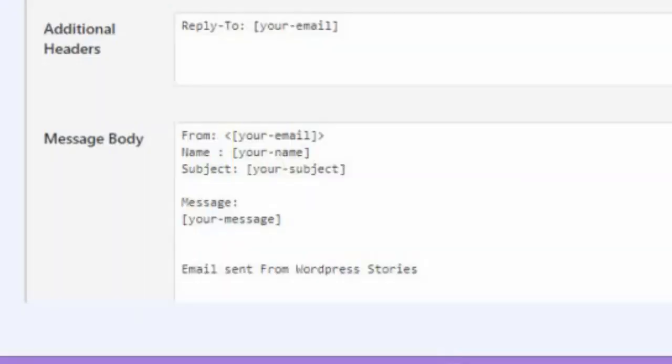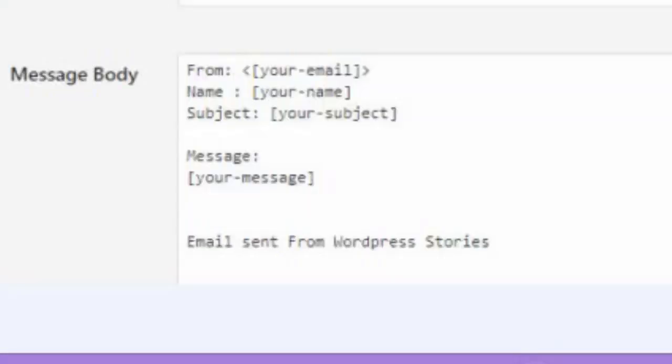As you can see, from your email, your name, subject, message body, your message. These are the dynamic options for when a person wants to contact the owner of the website. And your email will be showing, and a name, the sender name, and a subject, the sender subject will be showing in your email. In this message body, a sender types a message, and you will receive all the text in the email through this tag.